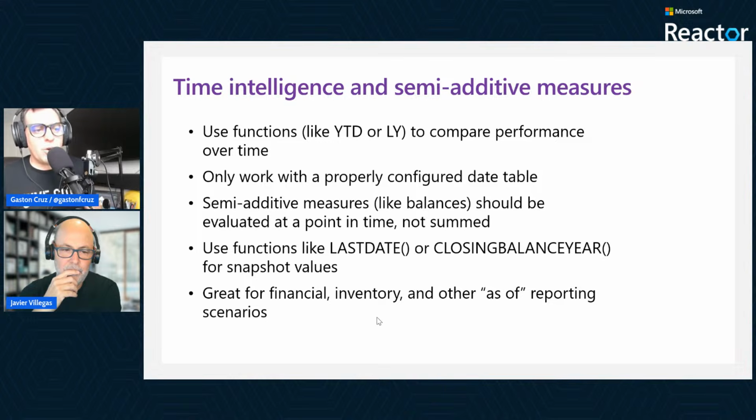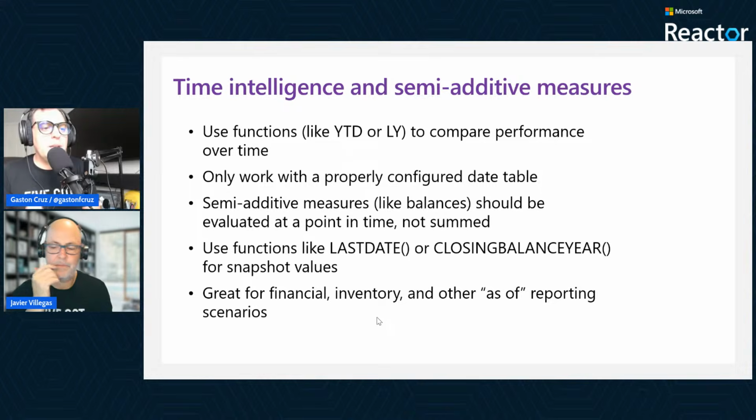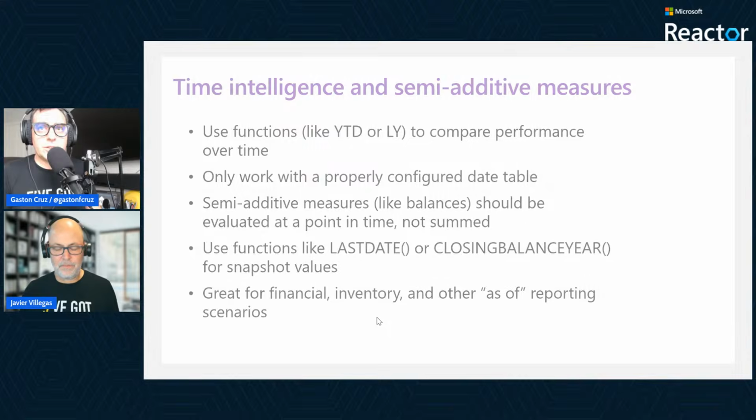Our business stakeholders are asking, hey, I would love to set up the stage to see the sales this year in comparison to last year, but I would love a dynamic moving calculation. I want, if today is June 18, 2025, I would love to compare exactly with 12 months between my current date. That is perfect for time intelligence calculations.